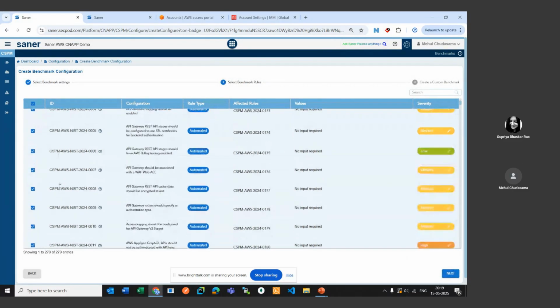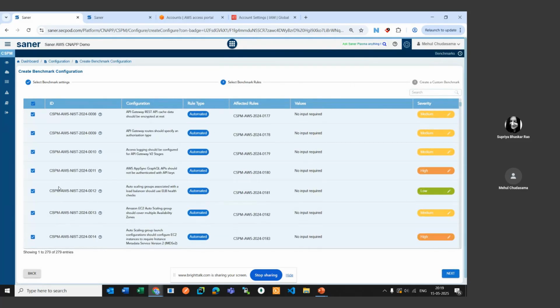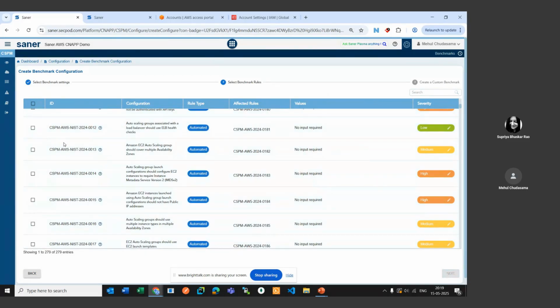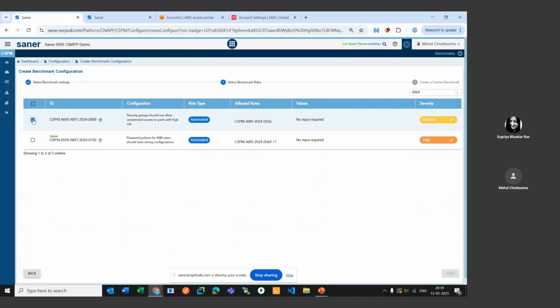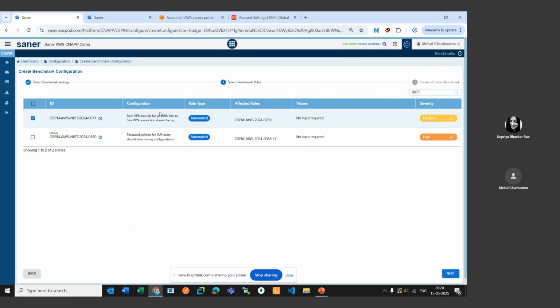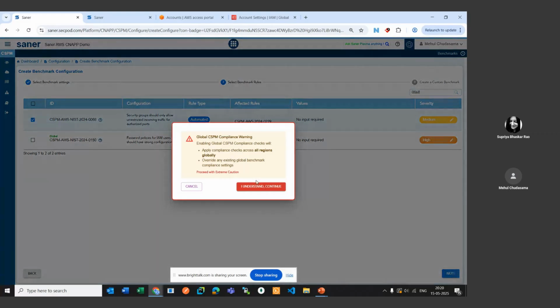You select which rules you want to be scanned against for this particular benchmark. Let me select a few. I'm selecting these just because they are easy to understand. Let's click on next.